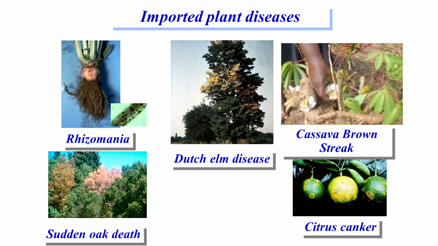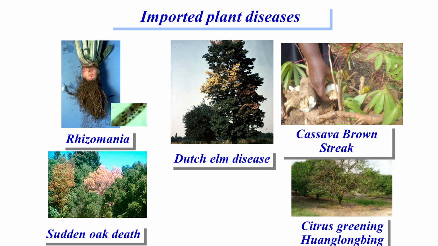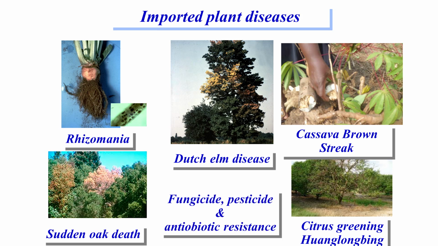I'll also be talking about sudden oak death, a very different sort of threat to natural environment in California and also in the UK. Citrus canker, which is threatening the production of citrus, and there is another one to go with that. Citrus greening, the wonderful title Huang Long Bing, which means little green dragon because it produces those sorts of symptoms on the leaves. Both of those are bacteria. And of course there are the usual problems of fungicide, pesticide, and associated antibiotic resistance. So the tools that we have are themselves being threatened.